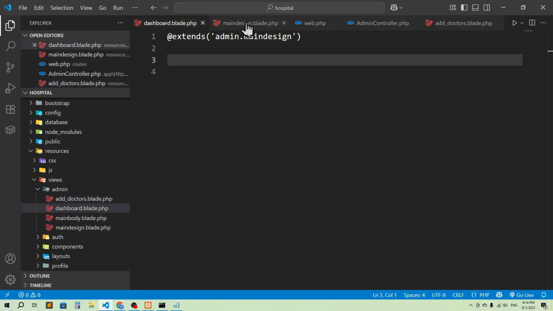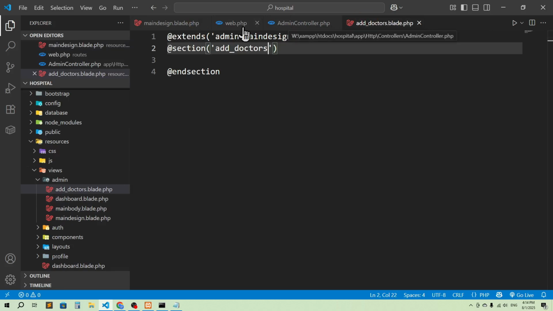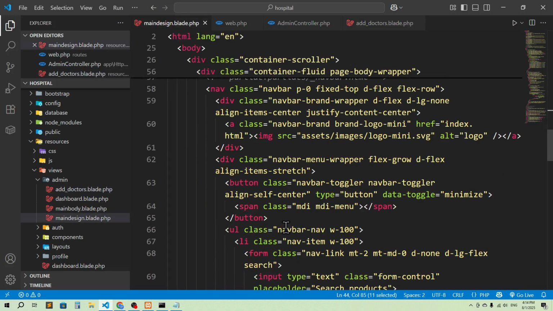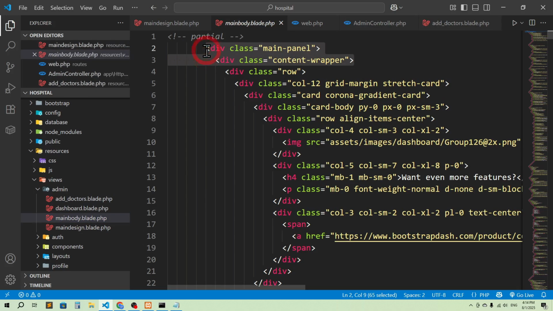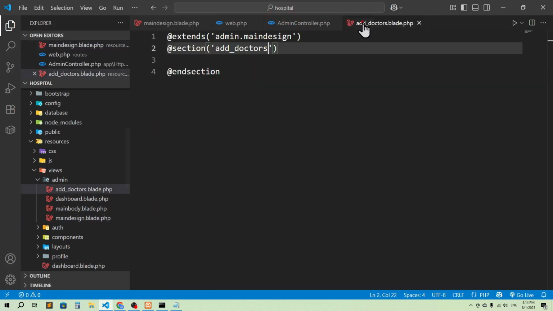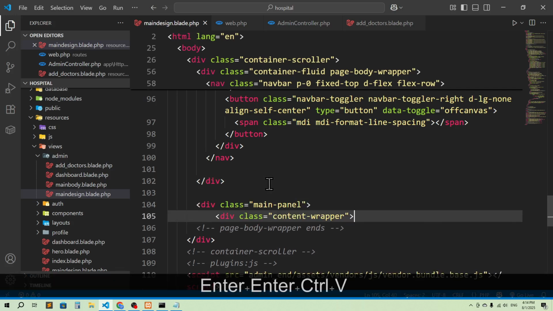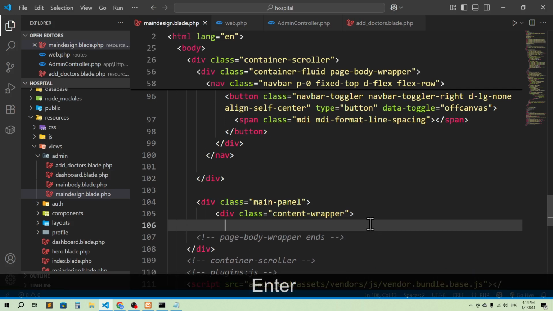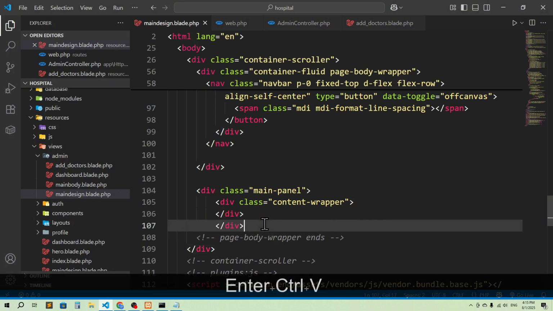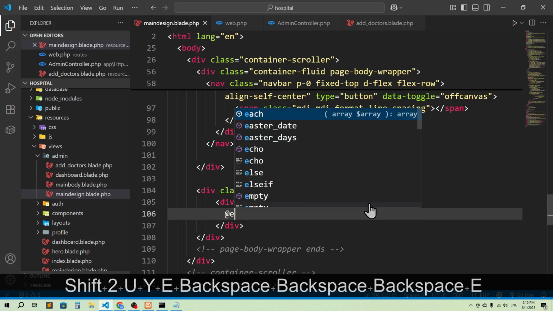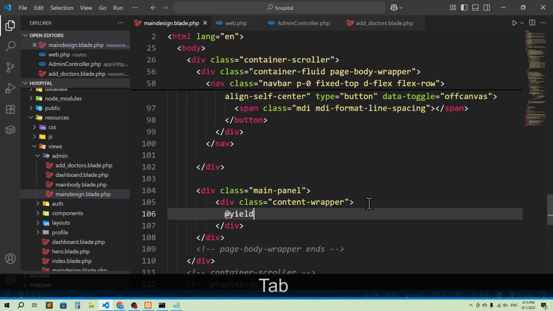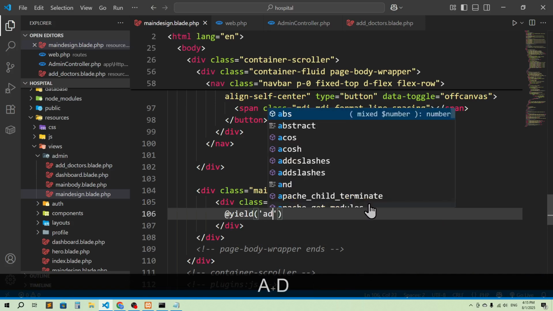So now we'll go to the dashboard. Not really, not here. We are going to remove it. We will go for the main design, and here we have a body, right? I'm going to copy this. Okay, just copy this from the main body, and here in the main design, in here I'm going to yield it. So I'm going to say yield, and here I'm going to say the add doctors,